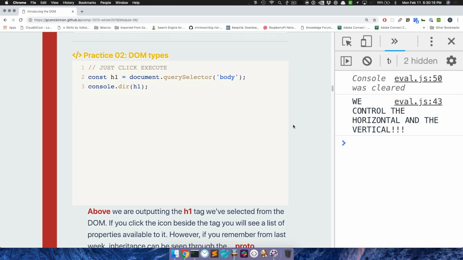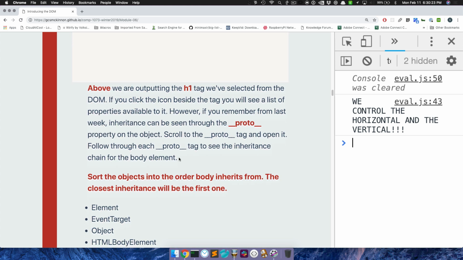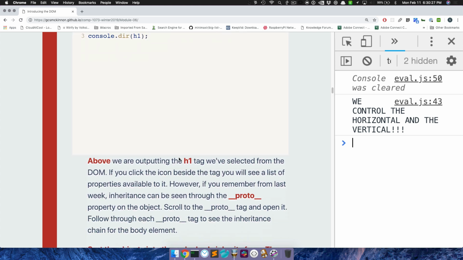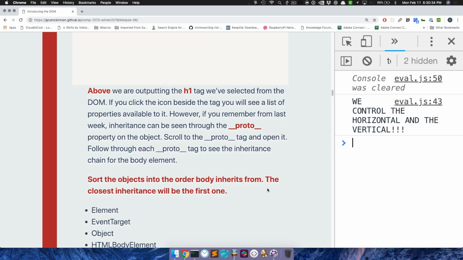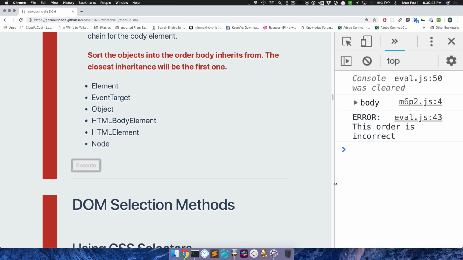So we can actually play with the DOM a little bit. If we execute this, holy smokes, there's a whole bunch of information here. So above, we are outputting the H1 tag we've selected from the DOM. If you click the icon beside the tag, you will see a list of properties available to it. However, if you remember from last week, inheritance can be seen through the proto property on this object. So scroll to the proto. So if you click execute on that,